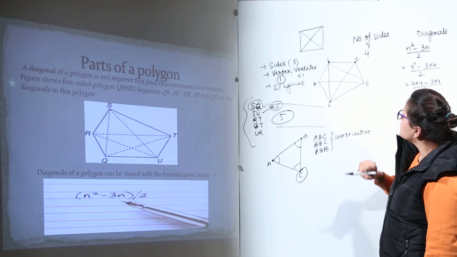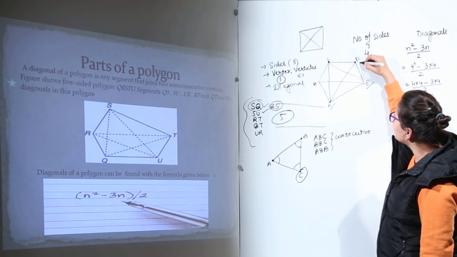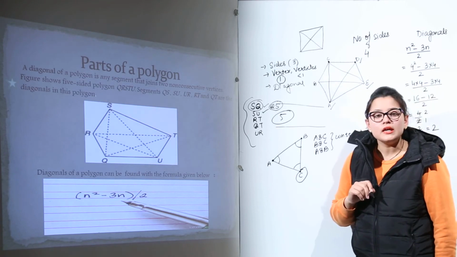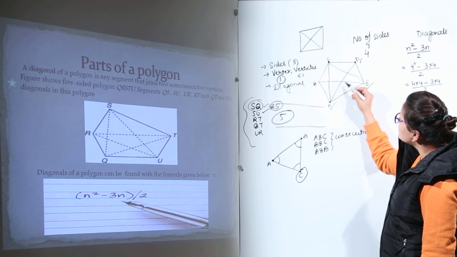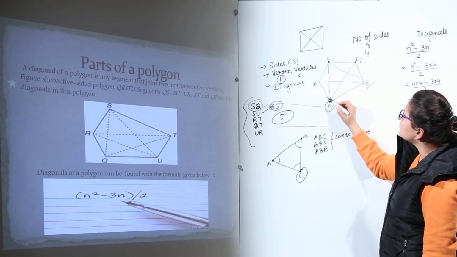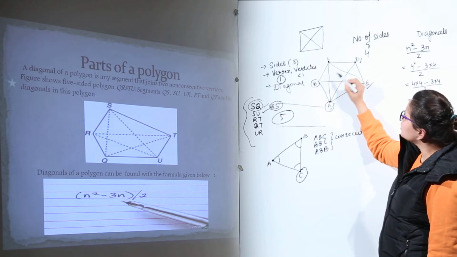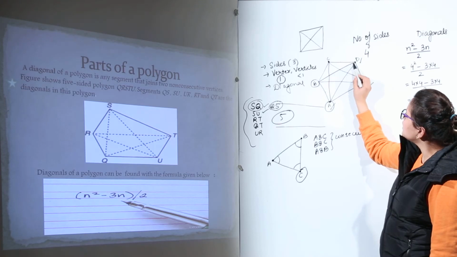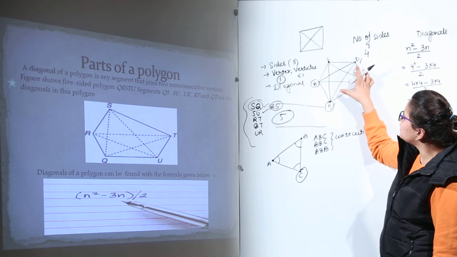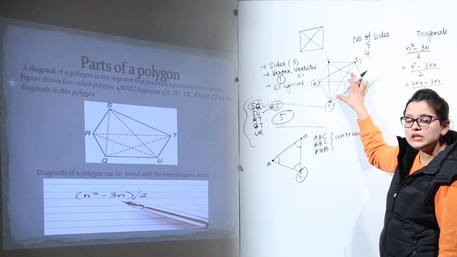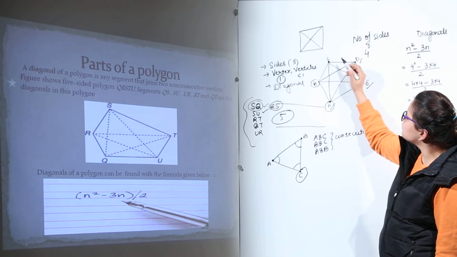Done? Now, is there any other vertex possible? We have done from A, we have done from E, let us think from D now. Now, from D, we have to check the two non-consecutive vertices. From D, one vertex is A and the other one will be B, because C and E are adjacent for D. So, now we will join B with D, and you can see over here, please pay attention, that D is already joined to A, right? So, we do not need to make another line segment for this. This is good enough.